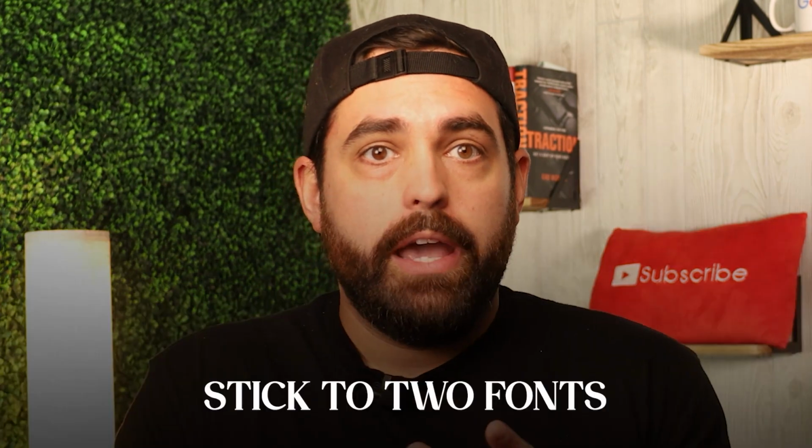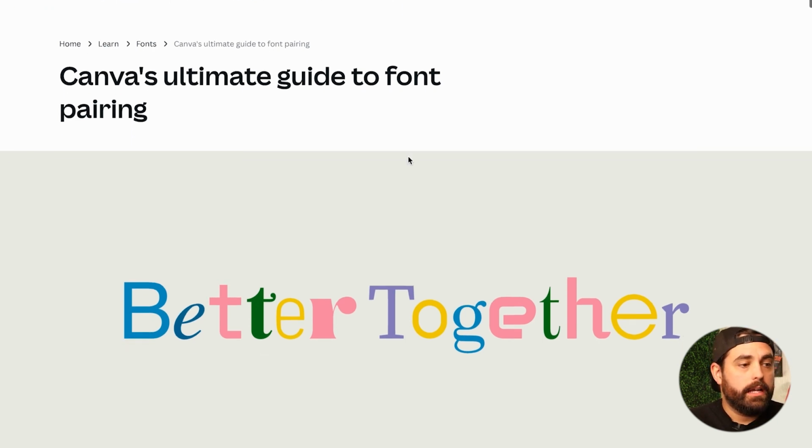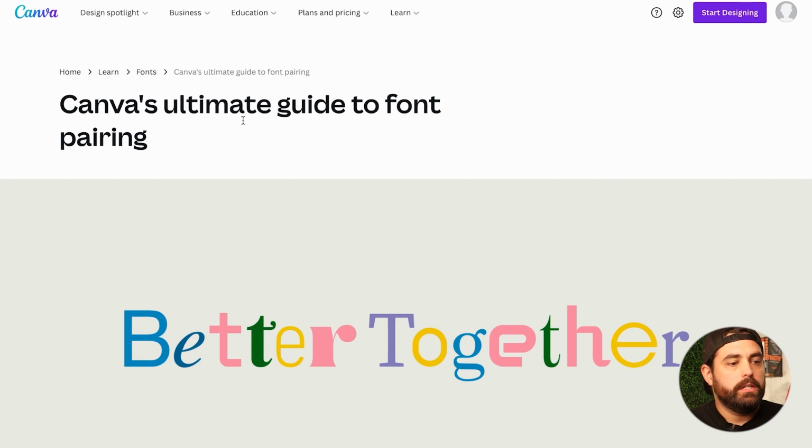Now, as with colors, it's best practice to also stick to 2 fonts and create a hierarchy between them. There is a link here that I'm going to include in the description below. It's from Canva. So if you're not using Canva, Canva is a great tool. If you can't afford something like Photoshop, Canva gives you a blog post here with the ultimate